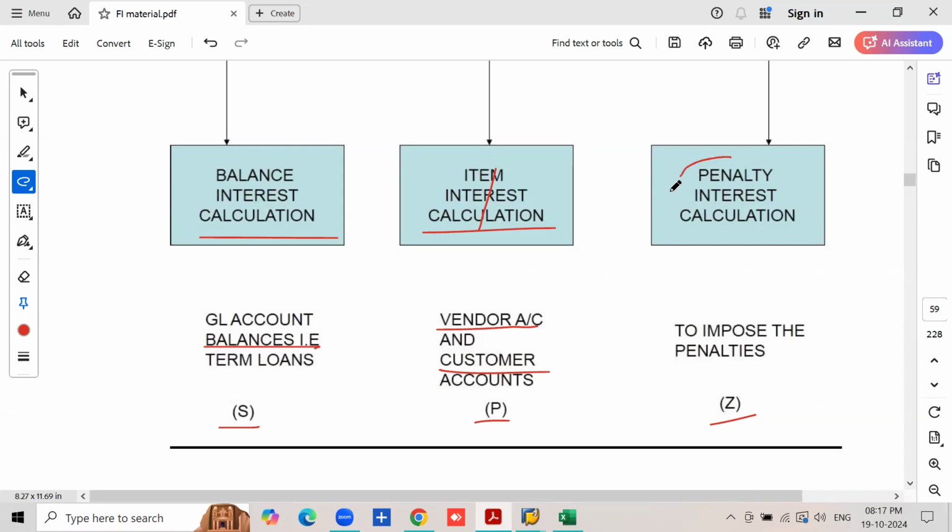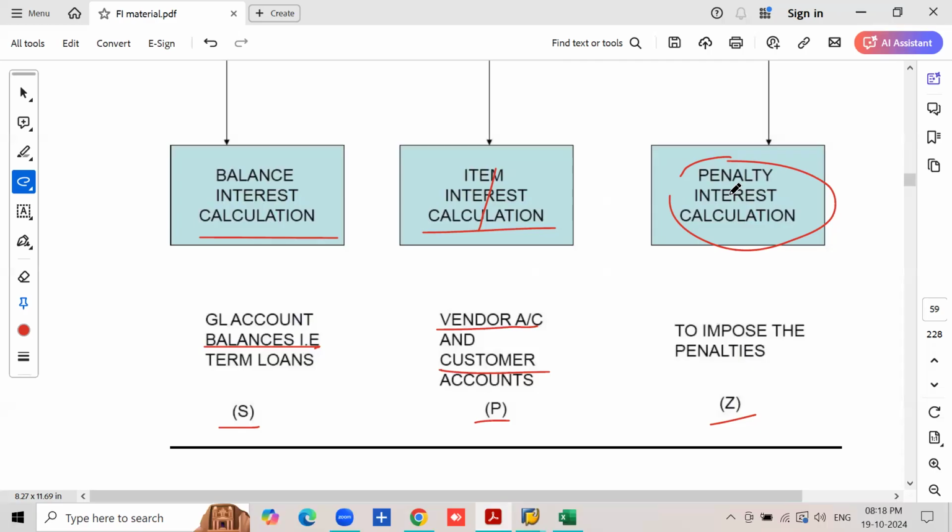Then penalty interest calculation. So this penalty interest calculation is used to calculate penalty interest. Normally, this penalty interest calculation is used to impose the penalty on the interest payable to bank. That means every company will take working capital loans. So on the working capital loan, you have to pay interest to the bank on the amount of the working capital you have used